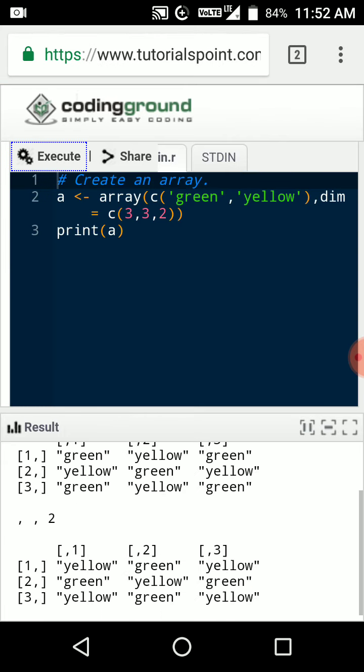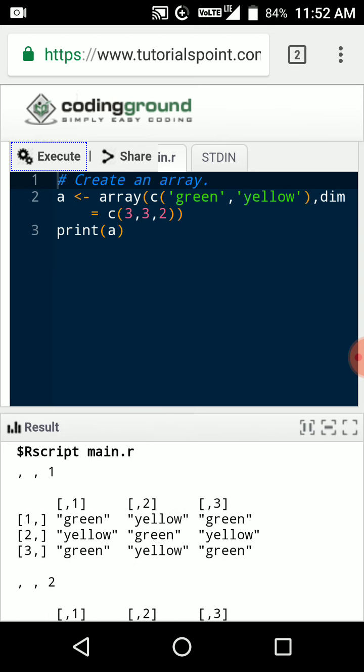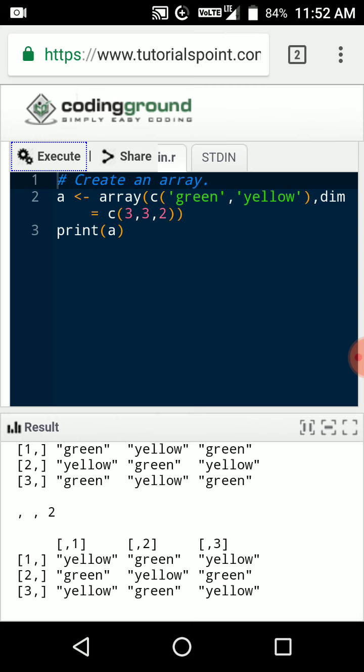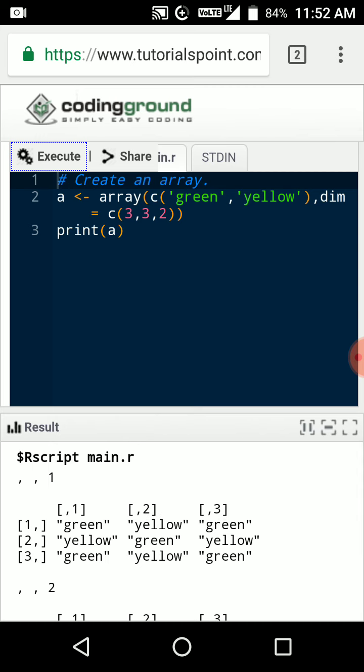Okay, here is the output. Comma 1 is the first dimension and comma 2 is the second dimension. By default it is in a column structure. By row, then there is no condition. By row equal to true means we are not giving any condition in a row format. This is executing by default in a column format.